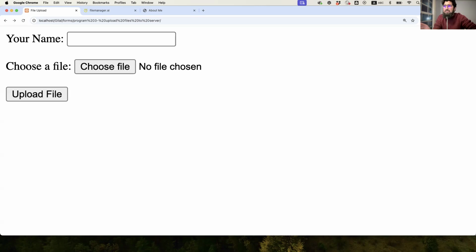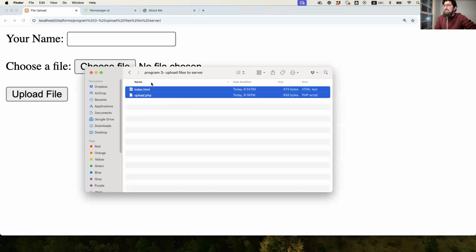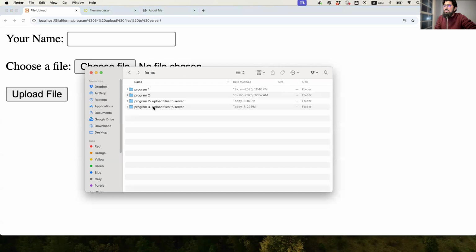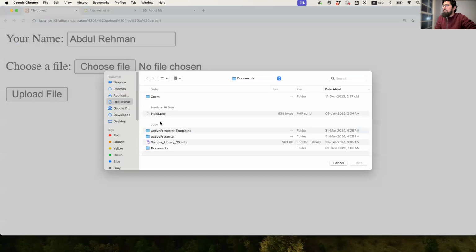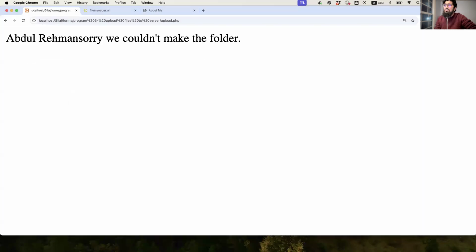So let's say on the MacBook, for example, I made a folder, the same thing that I gave you as an example in the last video. Program 2, I have done the same thing, and now I'm using program 3. So let's say I'm writing my name once again, I choose a file, and I run it. So you see, Abdurrahman, sorry, we could not make the folder. If they cannot make the folder, if they cannot do anything,